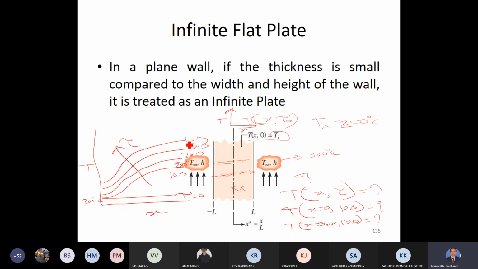And you can see that the surface temperature is quickly approaching this 300 degrees, the ambient temperature, whereas the interiors are still cold, because of which we will have thermal gradients. And this is a distributed system. This is called a distributed system. In contrast, if this plate had been a lumped system, the temperatures would have been